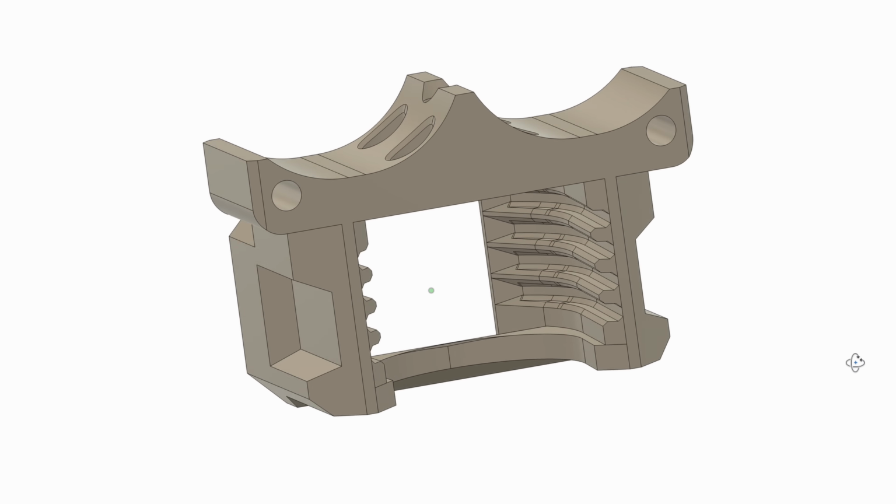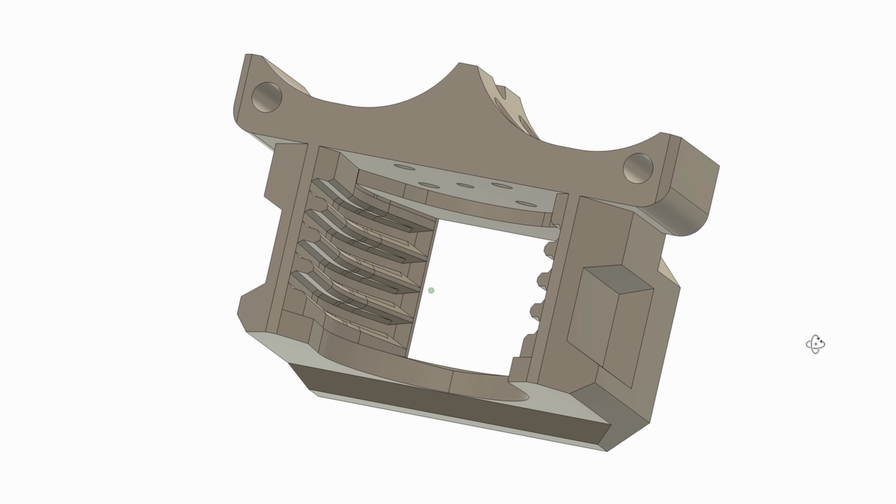So I thought it would be nice to have the hot end mounted on a metal heatsink just to go crazy on the heat. So I designed a new mount that I would love to get printed in aluminum, and